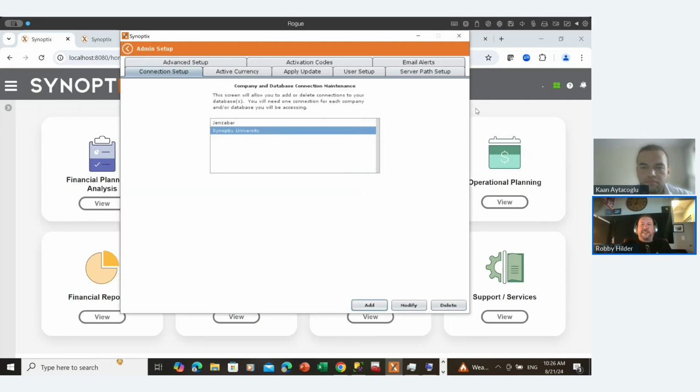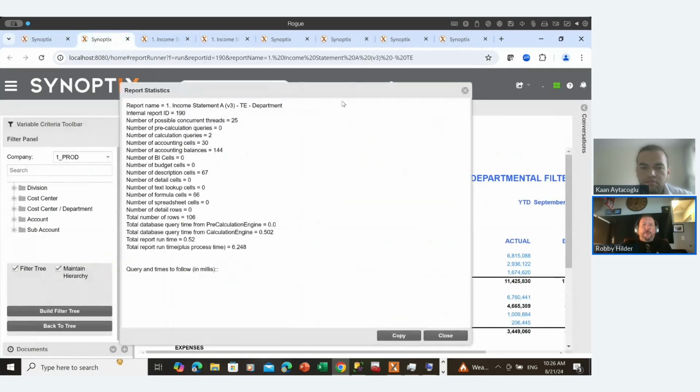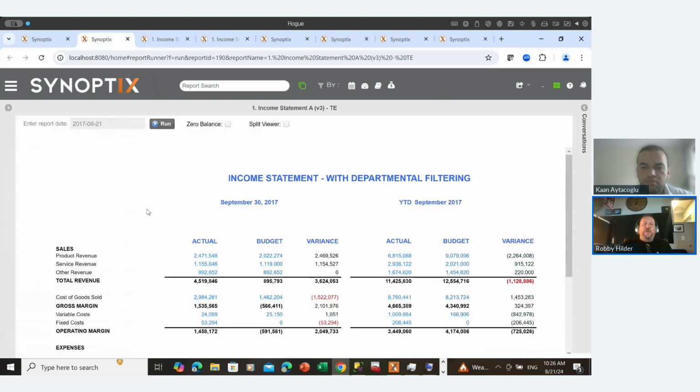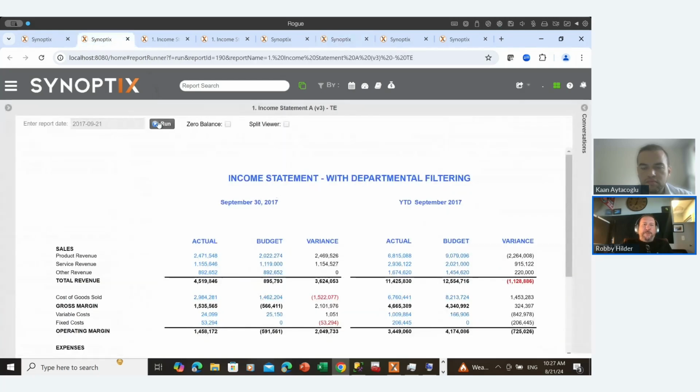Once that is set up on the back end, IT does not need to be involved because once we have a report, we're just running queries in the background directly against the database. But just to reiterate, it is read-only access. What that really means is we're querying the database. These numbers are coming from the database, but there's nothing you can do here or anywhere else in the software that's going to change or manipulate that data in any way, shape, or form. So every time we hit that run button to rerun this report, these numbers are updated in